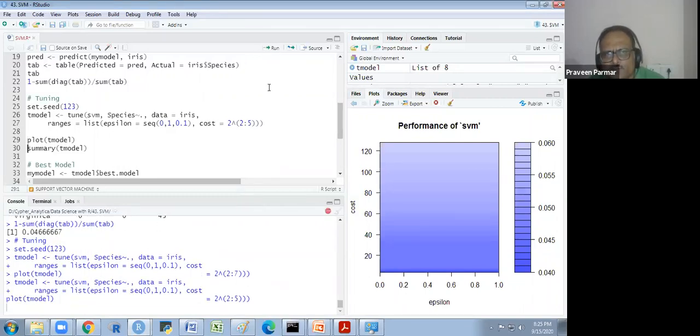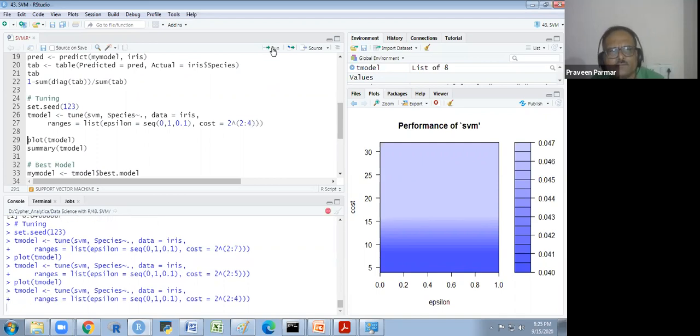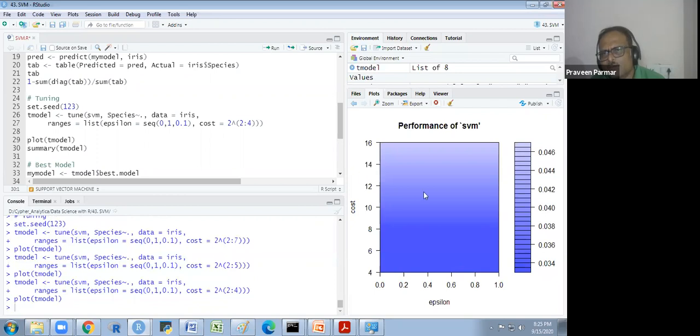I plot this. Still I see it is only between 1 and 5. Okay. So I take 3. Or I take 4. 4. The 5 is better. 2 to the power 5 is 32. So it is 15 something up to here. 2 to the power 3, 2 to the power 4 is 16. So I could take the 4. So it is okay now.